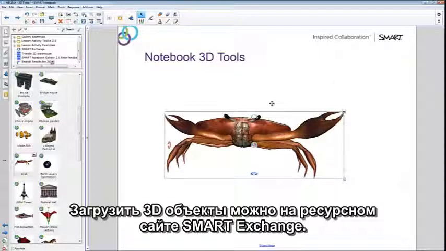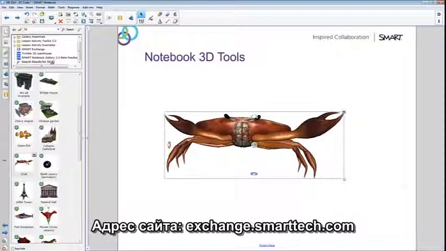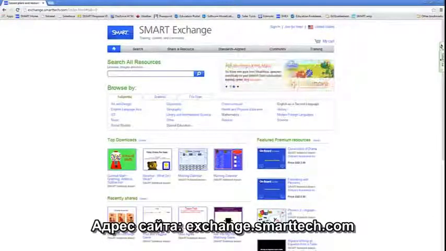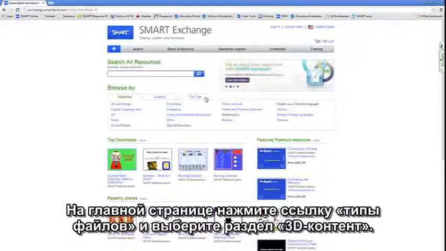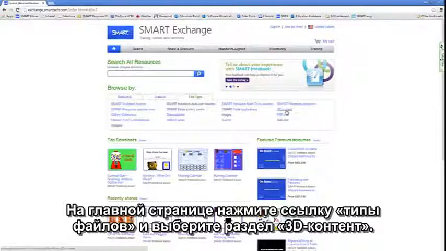Another great resource for 3D objects is our Smart Exchange. So if you visit exchange.smarttech.com, this is the home page, and if you click on File Type here, there's a whole category just called 3D Content. So if I click on that,